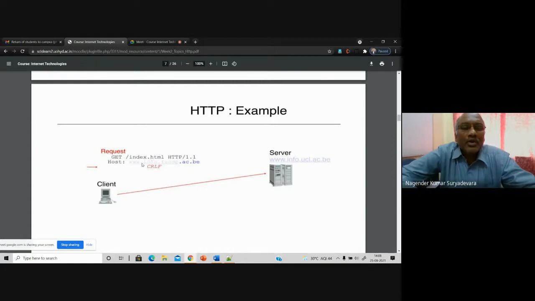The server is basically still hosting all the web information. Hosting means it is keeping a repository of all the information available. It is the host here. So the host address is basically something like info.ucl.ac.be. That is one, the server